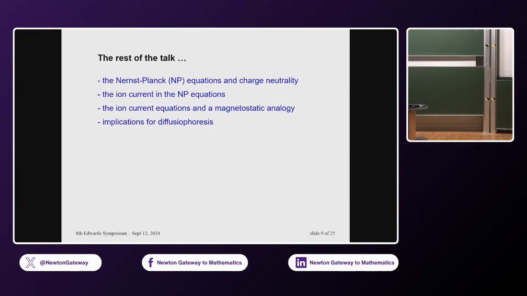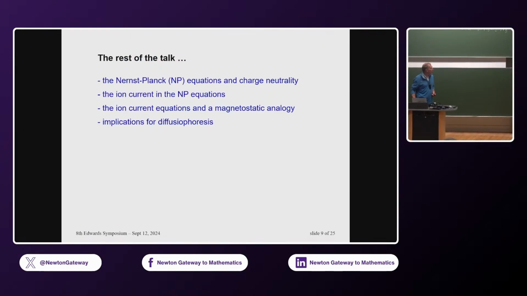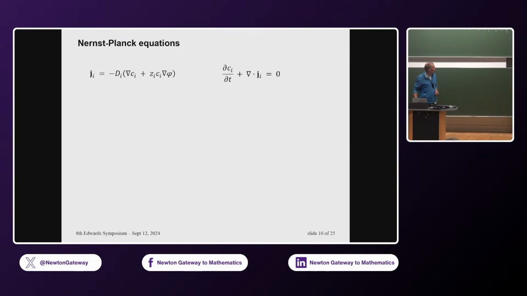So for the rest of the talk, I'll explain where this comes from, and it's actually in the Nernst-Planck equations, and it was there all this time. And I think there's a very nice analogy to magnetostatics, which lets you understand how the ion current arises. So we'll start with the Nernst-Planck equations,